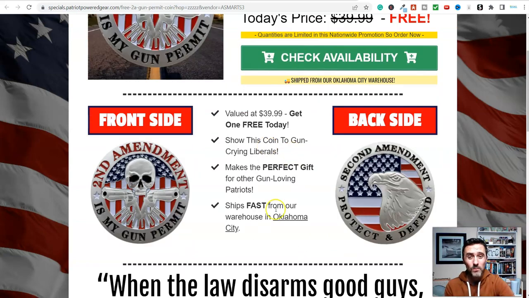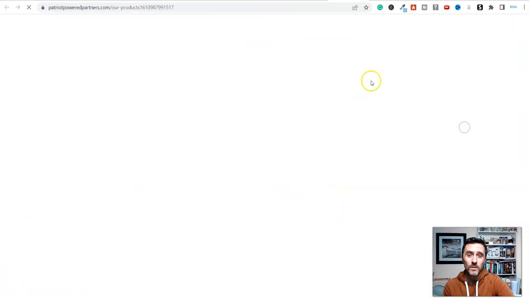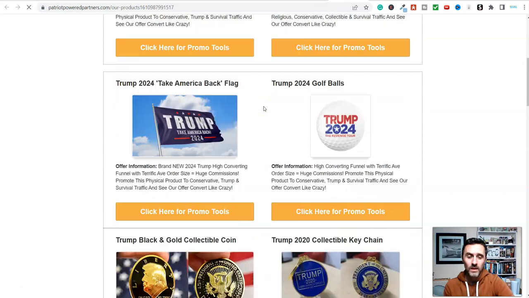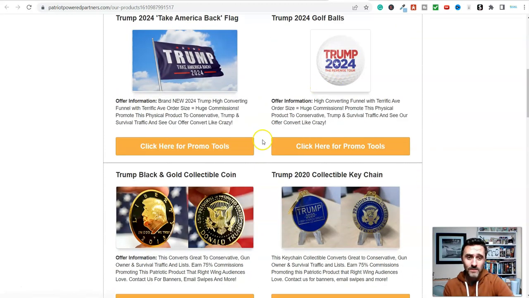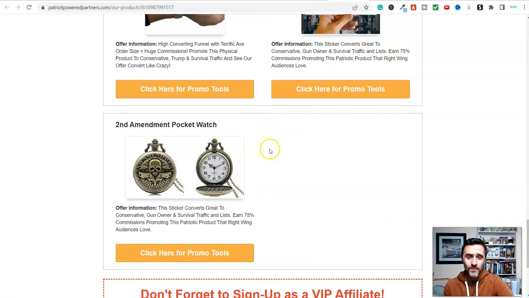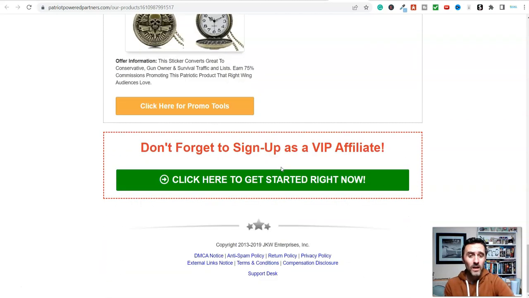And basically, how you earn money promoting this, where someone's getting something completely for free, is normally on the shipping. So, they have to pay the shipping, which is inflated to essentially cover the cost of the product, and you can earn money there. And on any of these products, if you click on affiliate tools and the affiliate page, they will show you this is free and this is free. These are the current offers. Come down here. Golf balls are free. Come down here, look, giving away hats and other bits. So yeah, there's lots of different things whereby you can find free plus shipping and you can give them away for free.